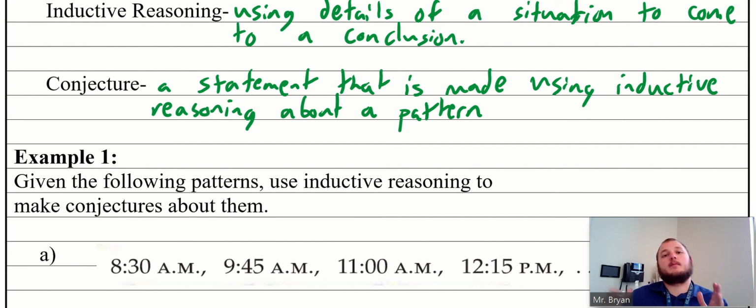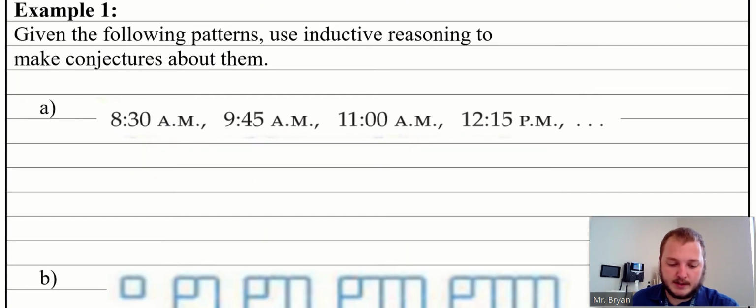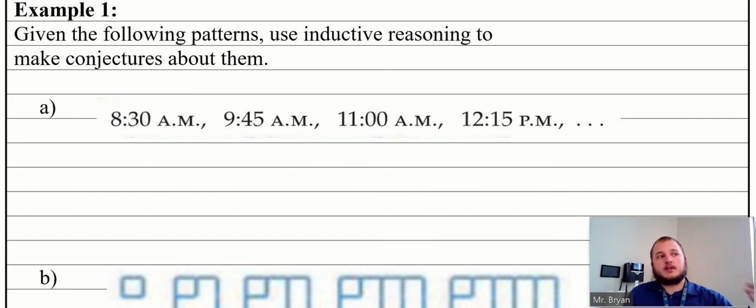These numbers are going up by the same amount every single time, or being multiplied by the same thing every single time. So that's the idea that we're going to use as we work through some of these patterns today. Okay? So with that in mind, let's practice how to make conjectures and statements using inductive reasoning. All right, so first pattern here, you can pause your video if you'd like, and